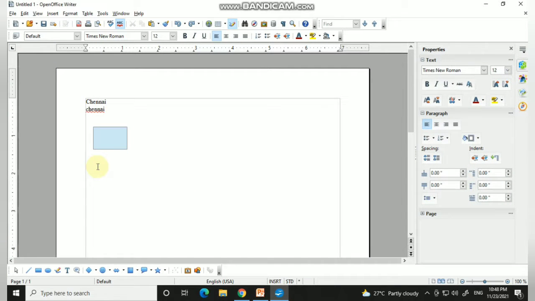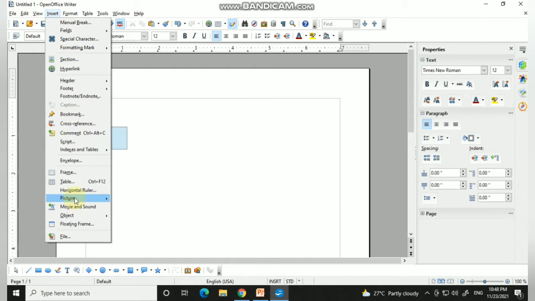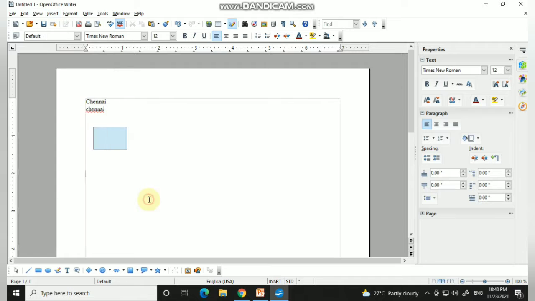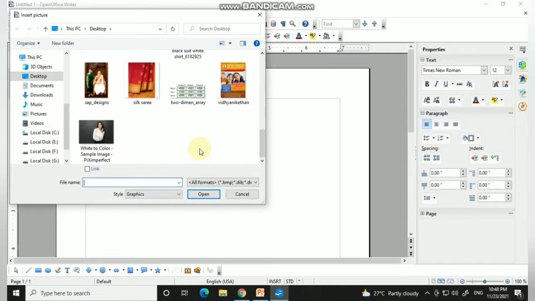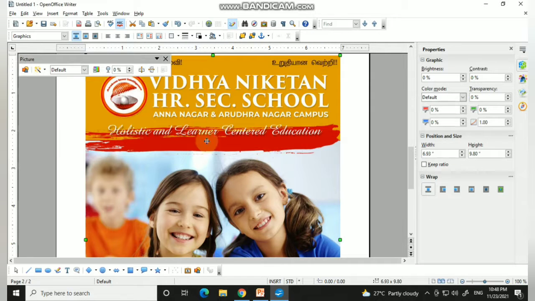If I want to add a picture here, I will move my insertion point to the desired location, and then Insert, Picture, From File. Click it, and I have a picture on my desktop. So I am choosing my desktop, and this is the image. Open. So your image will be placed.